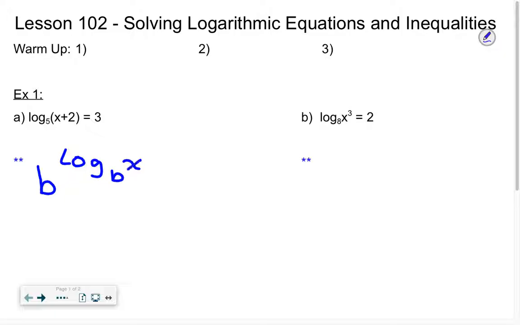And it's the idea that if we have a base raised to a log with the same base, so notice the b's are the same, what was this expression equivalent to? What does it equal? Well, it's whatever your "of" was. So the "of" was x, so therefore that's the idea. The other idea behind it is